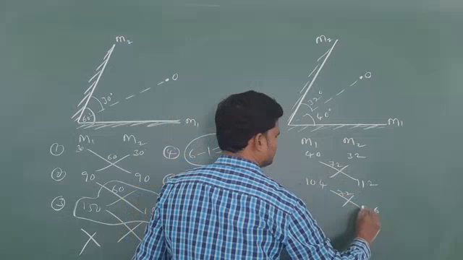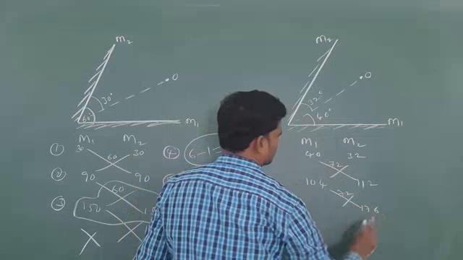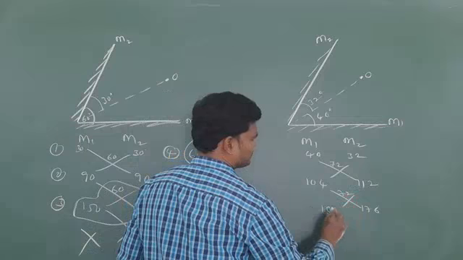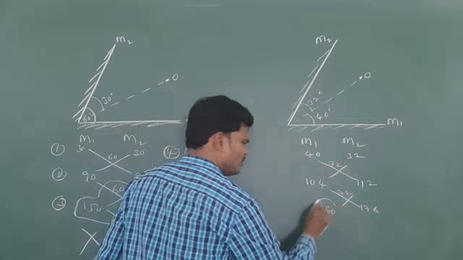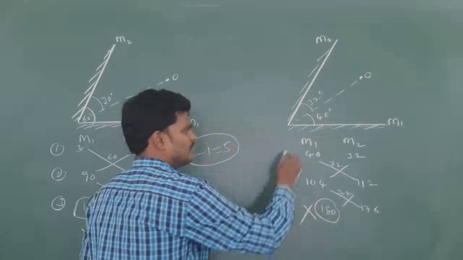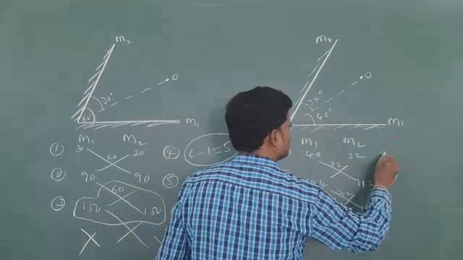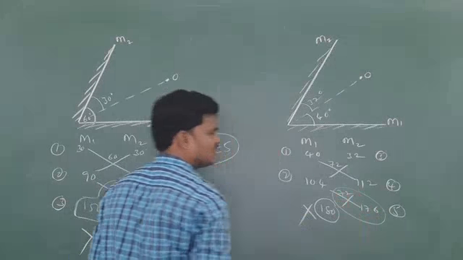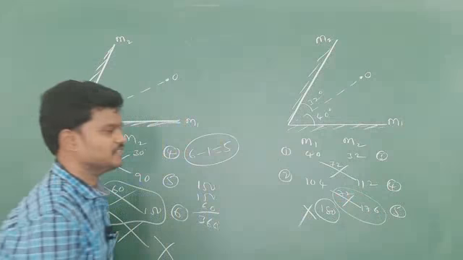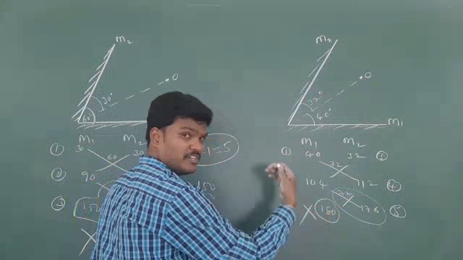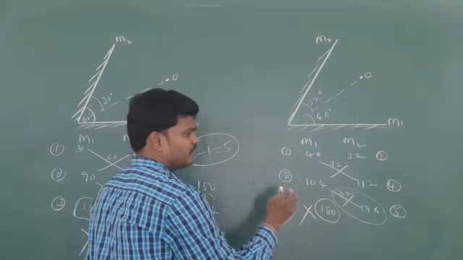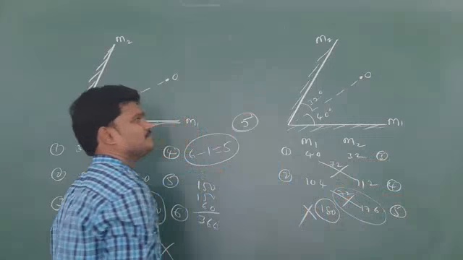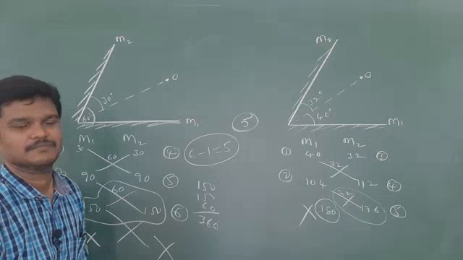72. So how much is it? 176. 112 plus 72, how much is it? 180. Above 180 also leave it. Number of images 1, 2, 3, 4, 5. And the last two are less than 360, keep as it is. So 180 above is eliminated. So 1, 2, 3, 4, 5. How many number of images? 5. Okay, check this.